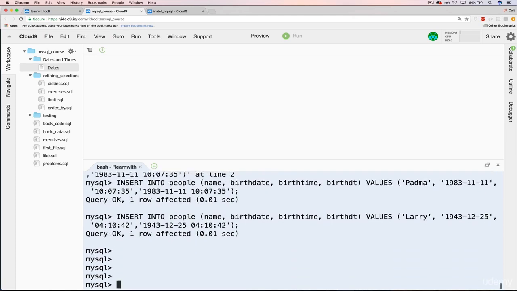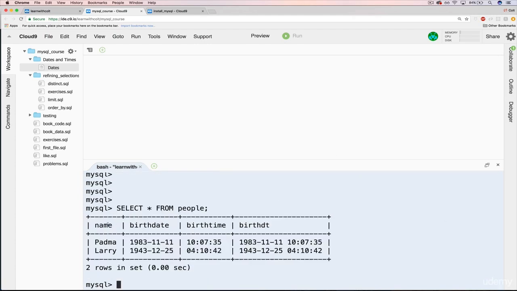All right, so now we do a select star from people. We have 2 people in there, and then we're storing birthday information 3 different ways, although they're not equivalent, of course, because we have just the date, just the time, and then the date and time together. So now that we have this data in there,